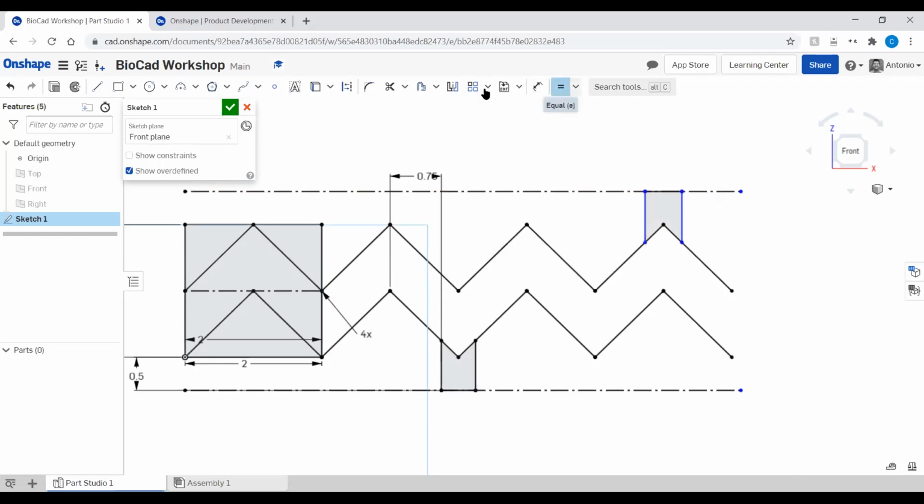Cool. And then we're going to also dimension one of these lines so that from the midpoint of the unit, it's exactly 3/4 of a millimeter, 0.75 millimeters, and then everything should be black. So this is great. So what we can do now is